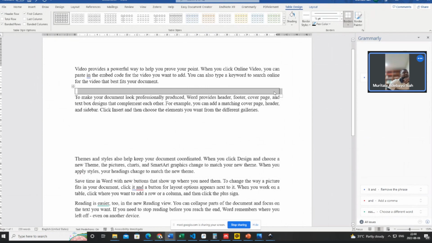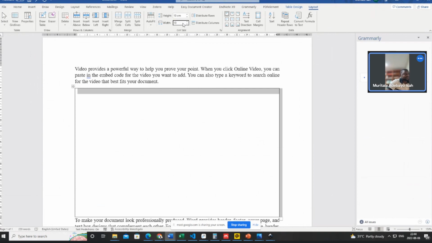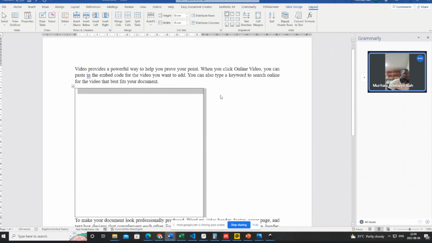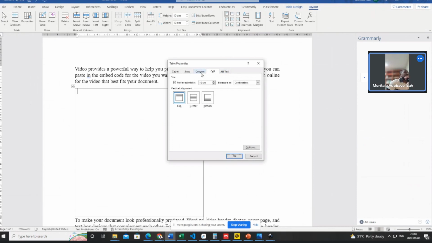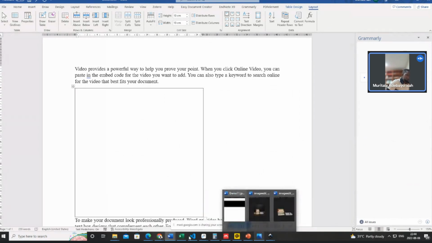Now I come back to layout. So what size do I want the confinement where I want the image to be? Let's say I want 10 cm by 10 cm. It's here, so you can click here. After I'm done with inserting it, for example, let me just do something now. Let me just bring any image down,